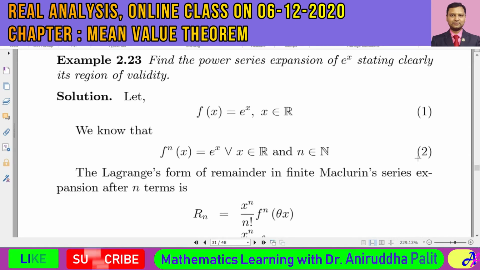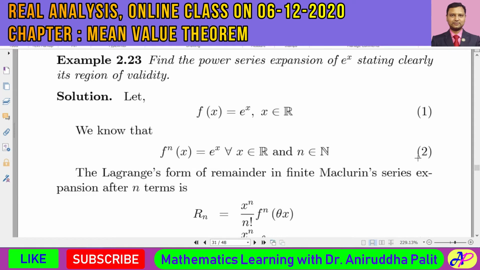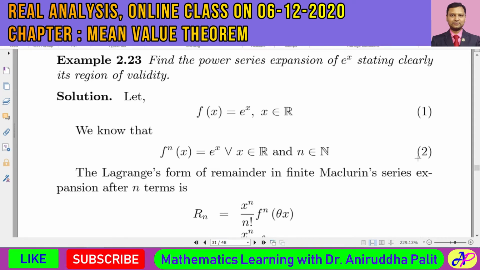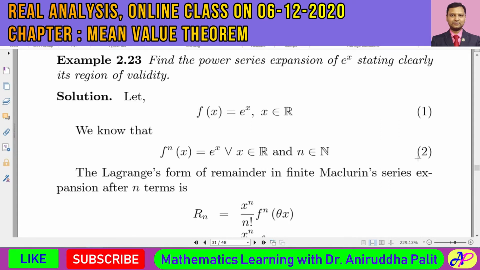So I am going to discuss a few more examples after this one, and in this discussion, it would be clear that some of the functions are there for which the infinite series expansion is valid for all values of x. However, some functions are there for which the infinite series expansion is valid only to some restricted interval of x. Okay, so let's start the lecture by